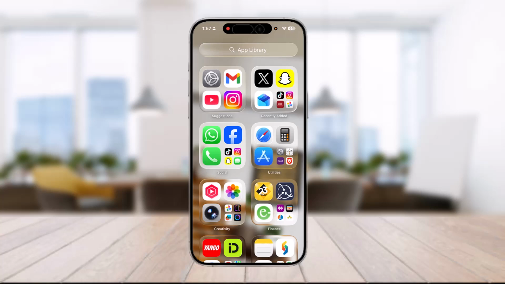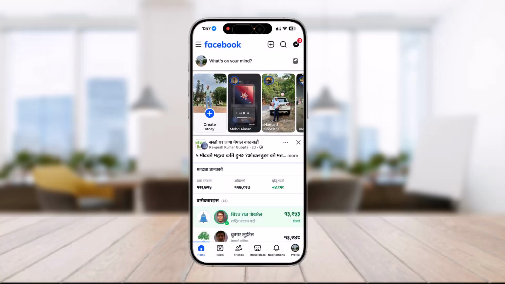Mutual friends are calculated based on the overlap between your friends list and another person's. So what you can do is simply go ahead and hide your mutual friends by setting your overall friends list to private. And in order to do that, all you need to do is simply go ahead and open your